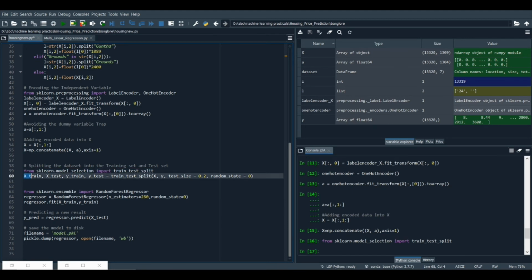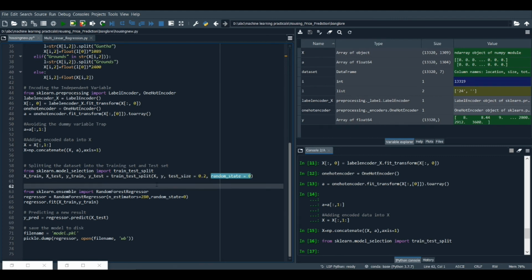So let's get four new variables: training set of our independent variable, testing set of our independent variable, training set of our dependent variable, and testing set of our dependent variable. And then we are going to pass the value returned by the function train_test_split, in which we pass first both our independent variable and our dependent variable, and then we pass test_size equal to 0.2. That means 20% of the data will be for testing and 80% of our data will be for training. And then we are going to pass random_state equal to 0, so it's not going to pick random values for our training and testing split.